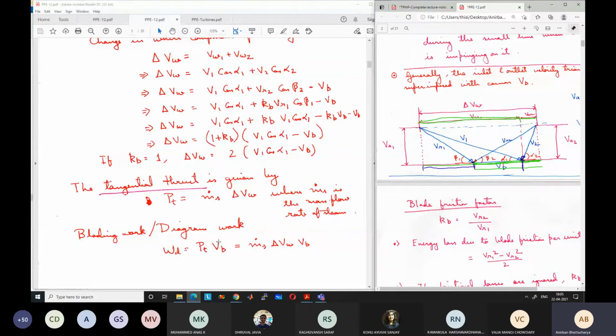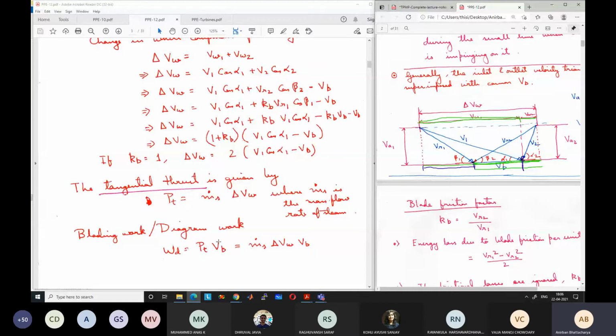Now this fluid has a certain amount of enthalpy still with it and a lot of kinetic energy, impinges on the blade and rotates the blade, and goes out with a certain amount of enthalpy, and still a certain amount of kinetic energy is left. So it comes in with a kinetic energy. What is the absolute kinetic energy with which it comes? Half V1 square into mass flow rate. And it goes out with a kinetic energy half V2 square into mass flow rate. Absolute velocity at the end is V2. So the fluid goes out with a small amount of kinetic energy still left.